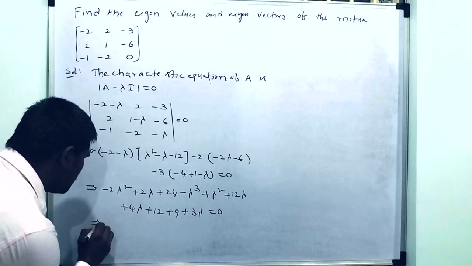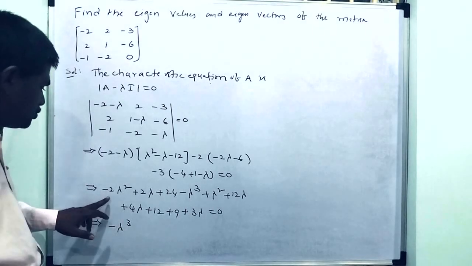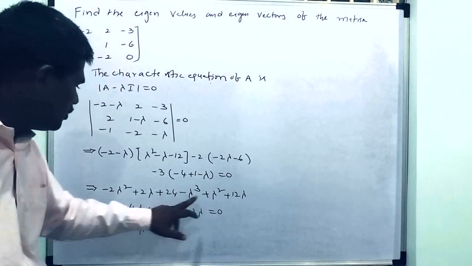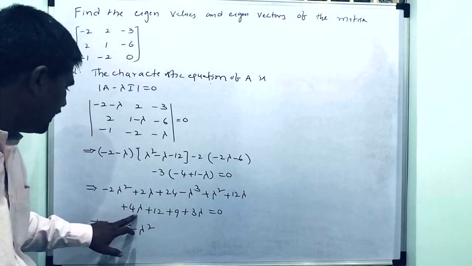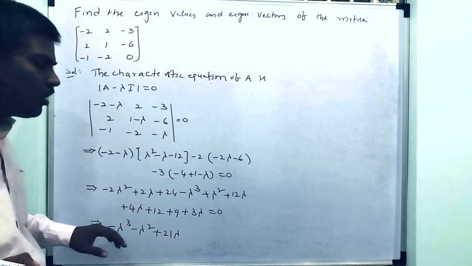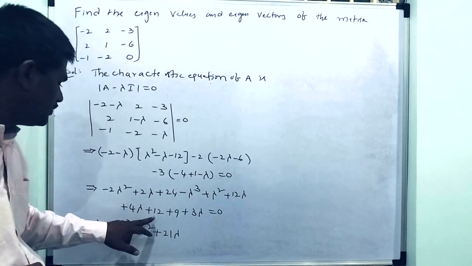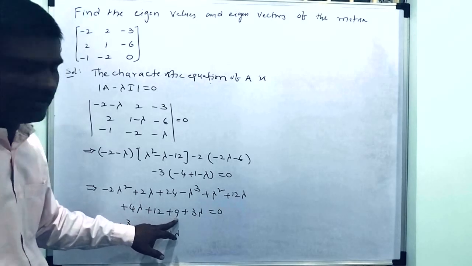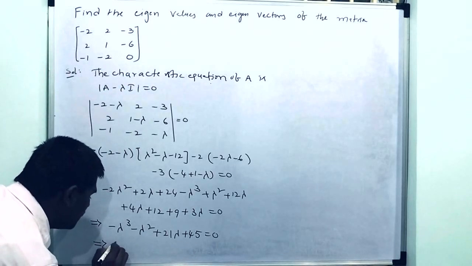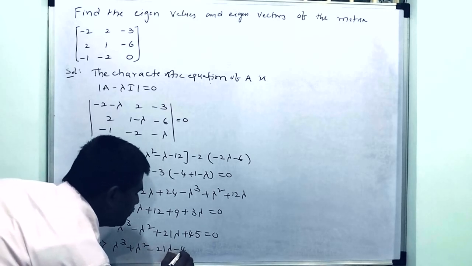That implies I am writing with higher powers, that means minus lambda cube, -2 lambda square plus lambda square, which is minus lambda square, and lambdas 2 lambda, 12 lambda, 14 lambda, 18 lambda, 21 lambda. And constants 24 plus 12 plus 9, 24, 12 is 36, 36, 45. Equal to 0. On multiplying with minus, this becomes lambda cube plus lambda square minus 21 lambda minus 45